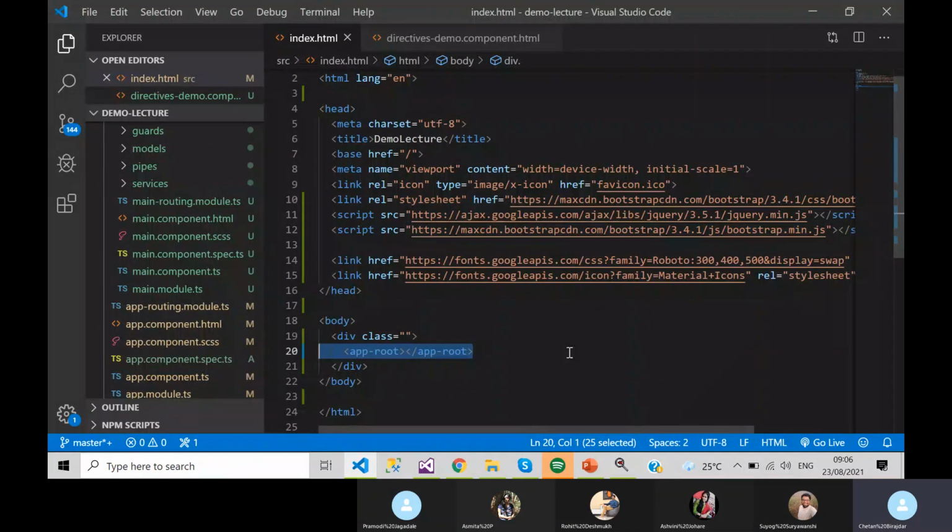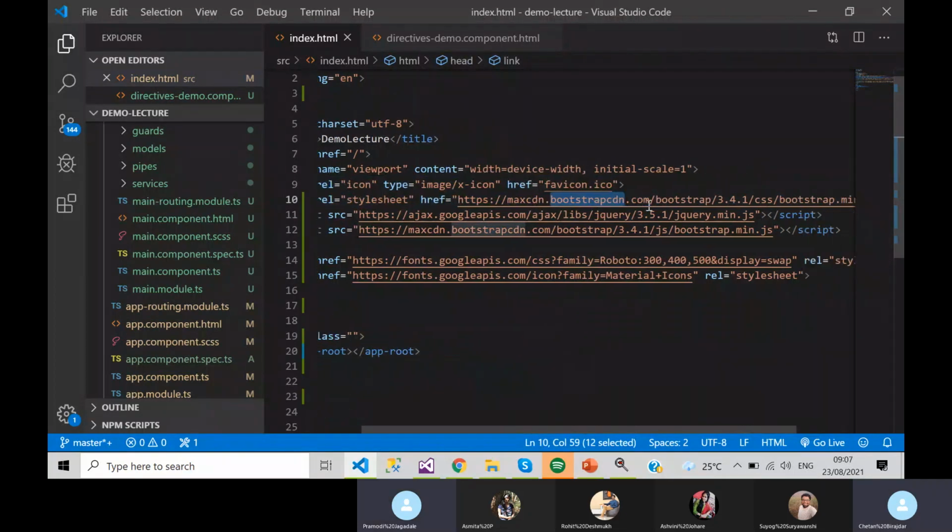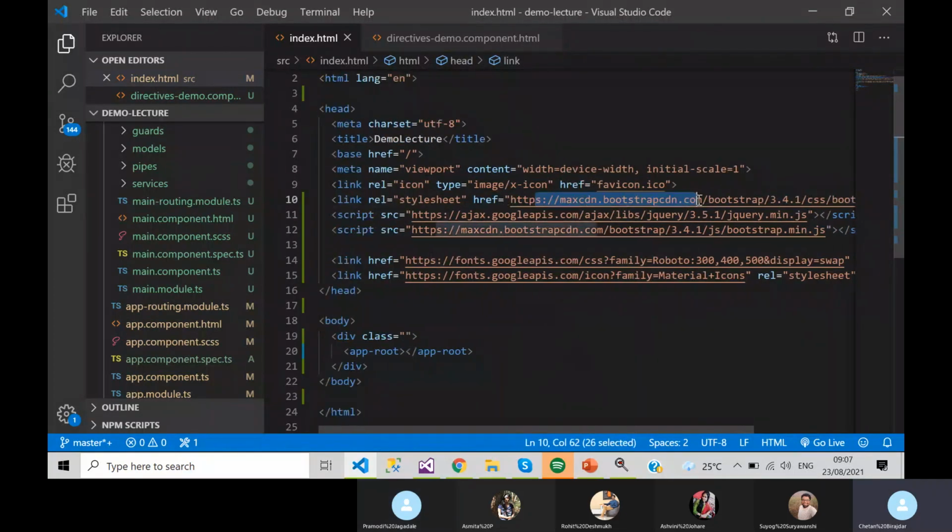Is anyone able to listen to Pramodi? Hello, yeah. Have you used Bootstrap in this? Bootstrap, I'll get to that. Bootstrap was used earlier, before Angular Material and Flex Layout were introduced. We can use Bootstrap. For example, I have used Bootstrap, right? See this? Yes sir. So I have used Bootstrap. We can use it,